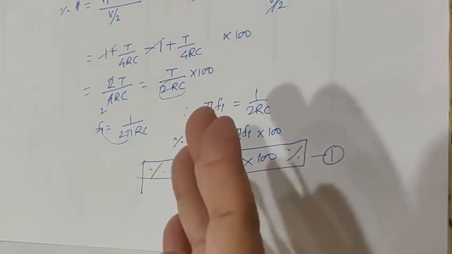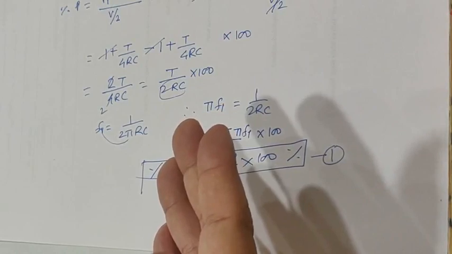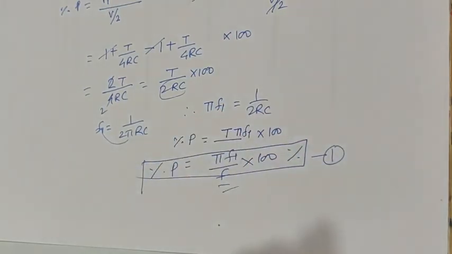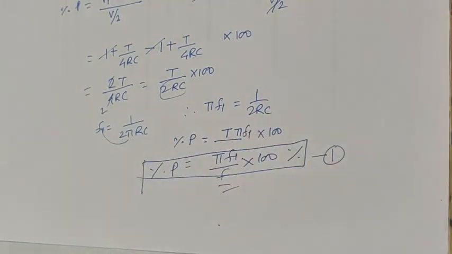Okay, ramp is remaining. So I will be taking a ramp input in the next video, with why the high pass circuit is called a differentiator, with the numericals of high pass circuit. So that will be covered in the next lecture, and then we will move ahead to the low pass circuit.